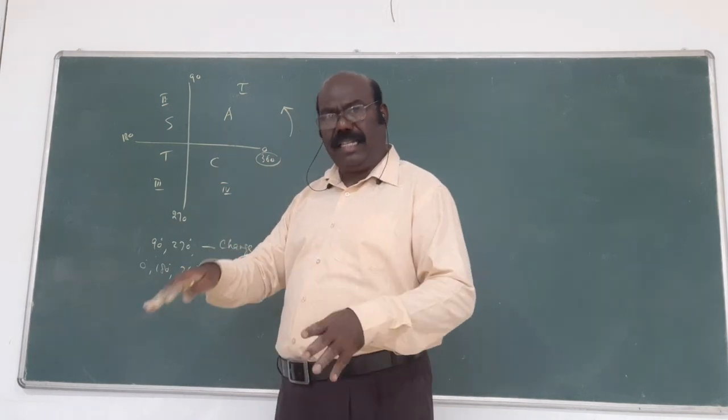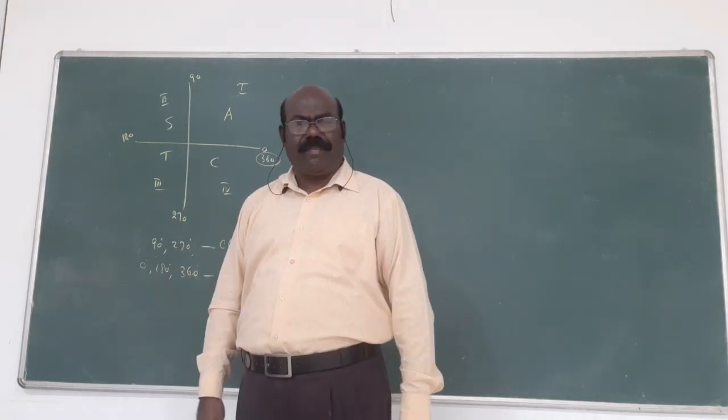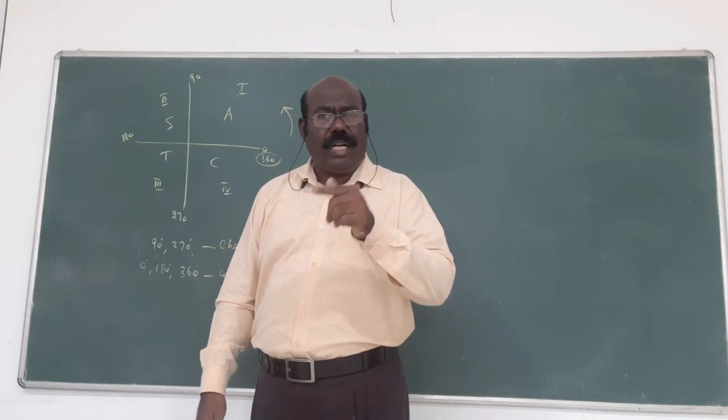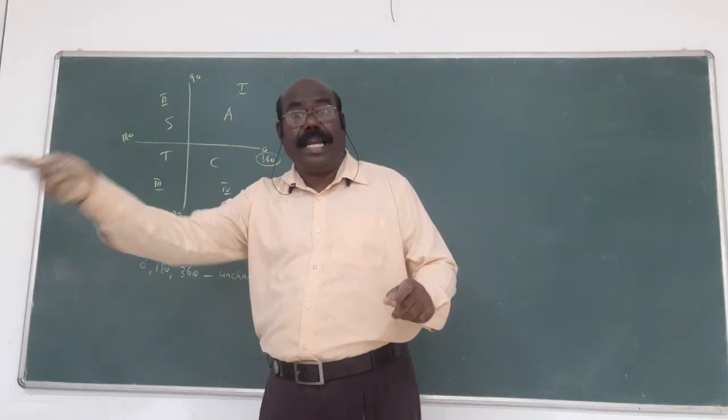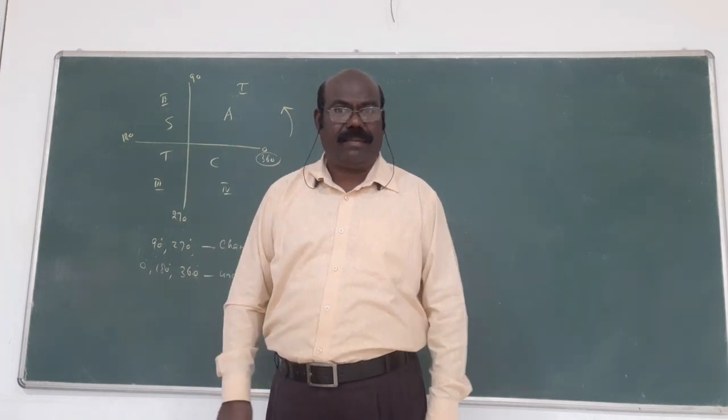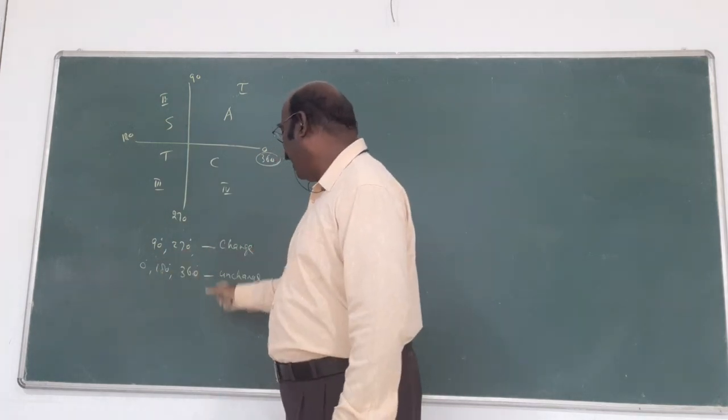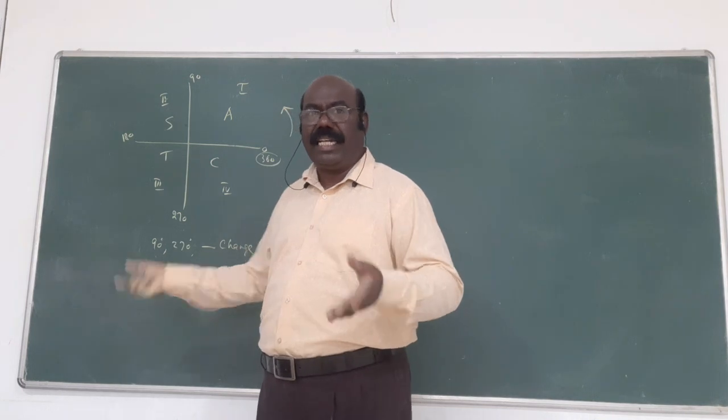This way you want to write. Suppose 120 is asked. What is the method? 120 can be written as 90 plus 30, or otherwise 180 minus 60. This way you want to write. Then only the change and unchanged idea, by using the change and unchanged idea.